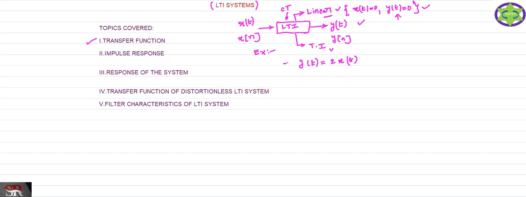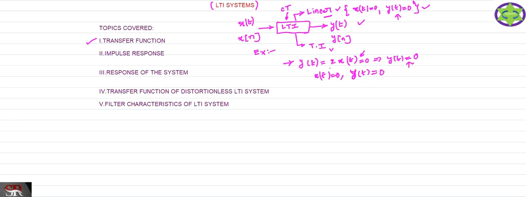Now observe, what is the main property of the LTI system? The system is linear. Compulsorily it is a linear system. What is the main property of the linear system? The output follows the input. So whenever the input is 0, your output must be equal to 0. That is the main property of the LTI system. Now if you observe this equation, if we substitute x of t equal to 0, can we get y of t equal to 0 or not? So y of t is equal to 0.